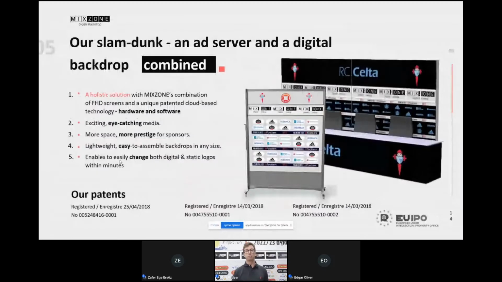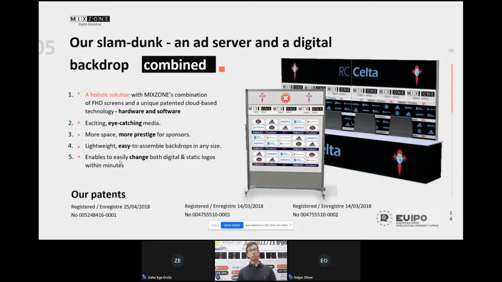Our slam dunk solution is a physical product, hardware, and software behind it, a holistic solution that we're offering to clubs and leagues, a combination of FHD screens and a unique cloud-based technology to manage the content. We created eye-catching media. As you can see, these are the prototypes of the backdrop of Celta Vigo, our partners in Spain, in La Liga.